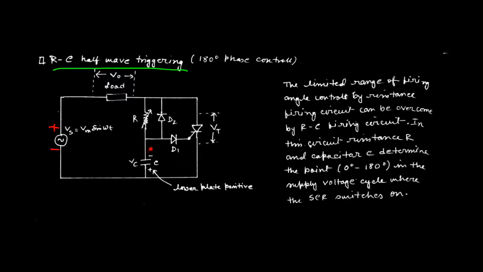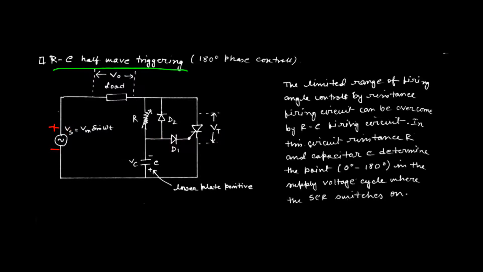At the same time, once the capacitor has stored a few amount of negative charges inside it, then due to the presence of that amount of charges, the capacitor tries to discharge in this path also. That means if we consider the particular diode D2, this upper part is more positive with respect to the cathode. On the other hand, the lower part is more negative with respect to the cathode. Okay, that means the lower part of this diode D2 is defined by the voltage across the capacitor that has already been stored, and the value is minus Vm. That means we can consider the lower part of the diode D2 is minus Vm.